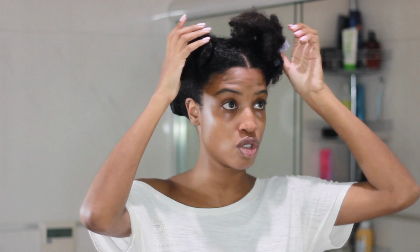Hi everyone! So here I am with my hair freshly co-washed, and I'm about to begin the installation process. But before that, I want to do a little bit of prep with my hair so that I can make sure that it's a lot easier for me to just go in and put the clips in. So the first thing that I'm going to do is, because I want to do a half up, half down, I'm going to get that little ponytail part all situated, and then I'm going to put my hair into sections